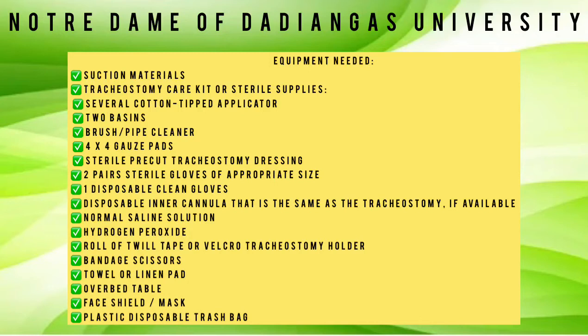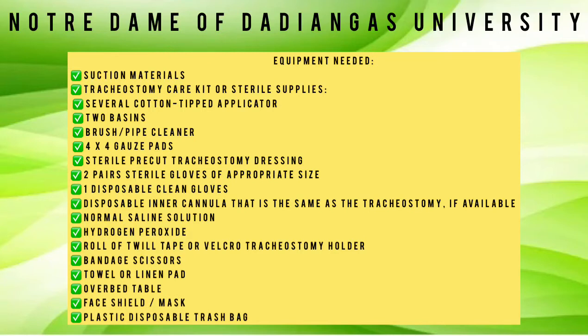The equipment needed are suction materials, tracheostomy care kit or sterile supplies, several cotton-tipped applicators, 2 basins, brush or pipe cleaner, 4x4 gauze pads, sterile pre-cut tracheostomy dressing, 2 pairs of sterile gloves of appropriate size, 1 disposable clean gloves,